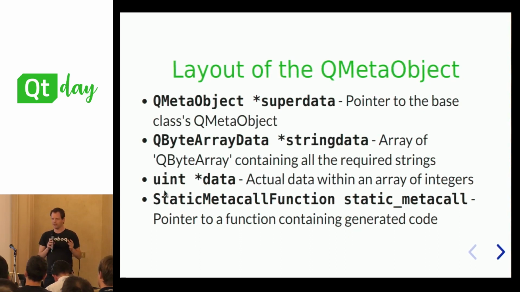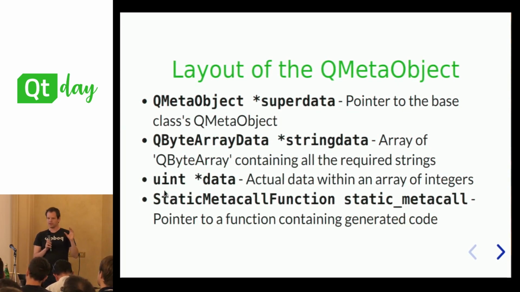So if we inherit from, say, QObject, we would have a pointer to the QMetaObject of QObject. We also have an array of strings. So this is all the strings that are part of this meta information. They're in a QByteArrayData. And so QByteArrayData is